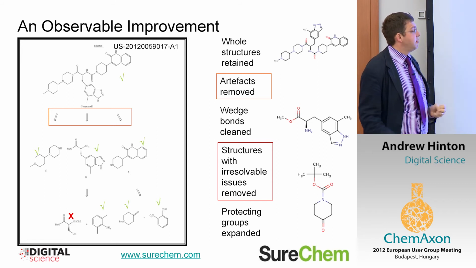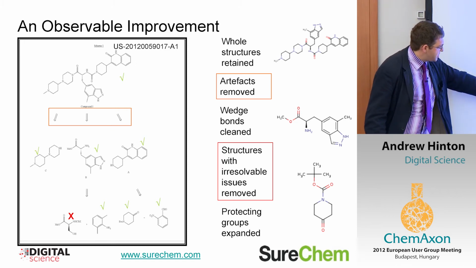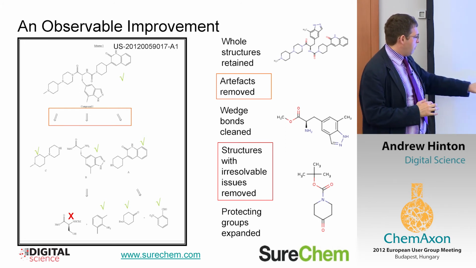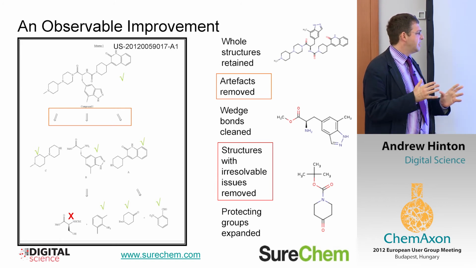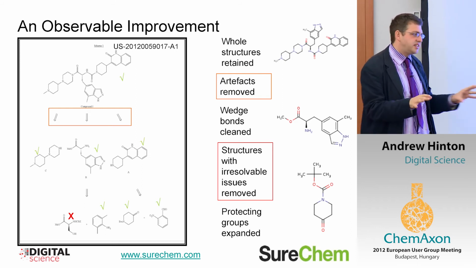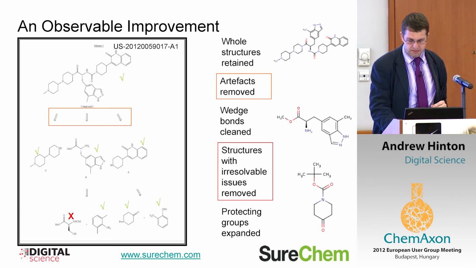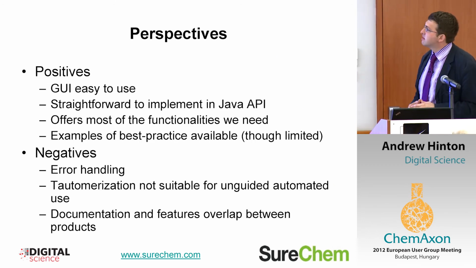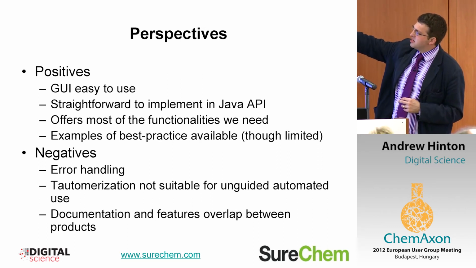We're able, at the same time, to deal with wedge bonds. We're able to deal with structures that have problems somehow, and that are unable through the process to be reconciled, and we're able to remove these. We're also able to deal with protecting groups and simple issues of chemical nomenclature and shorthand. So, just to wrap up, to summarise and give a little critique here,